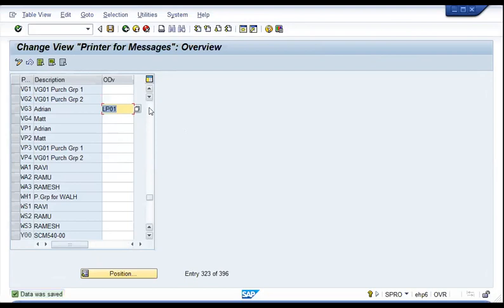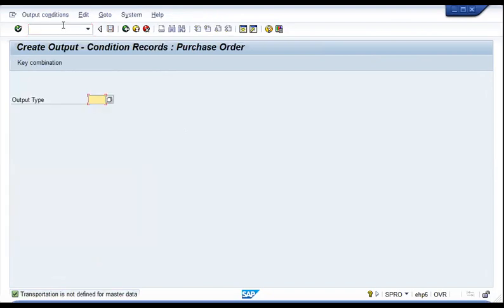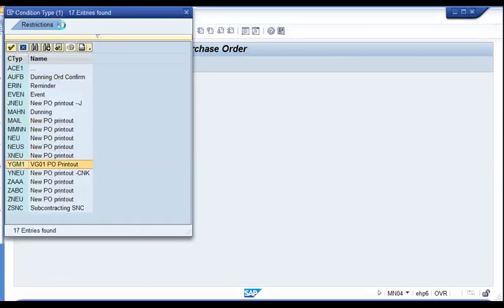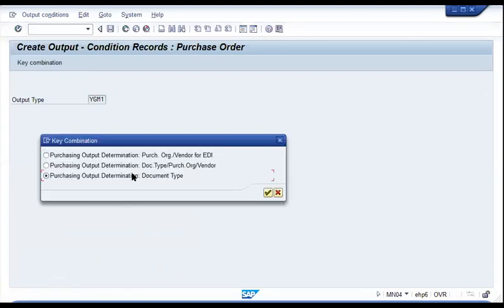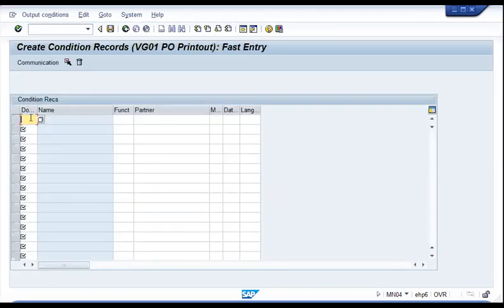Next would be to test this configuration. The first thing would be to maintain the condition record. So go to the transaction code MN04. Condition record for output is different from condition record for pricing. Pricing condition record is MEK1, output condition record is MN04. Enter your output type. If you don't remember, press F4, select the option, click on key combination, select document type. And here enter the document type, which is